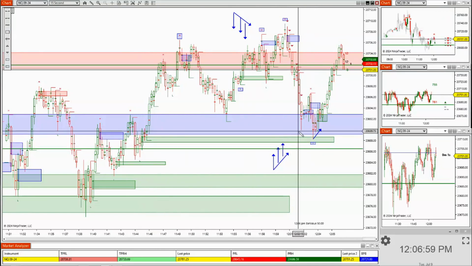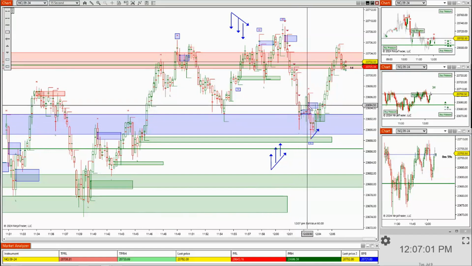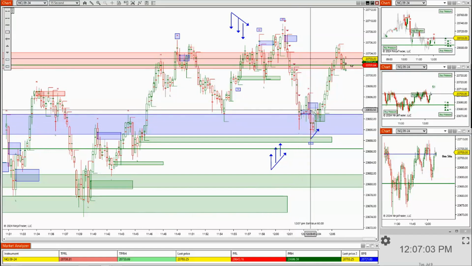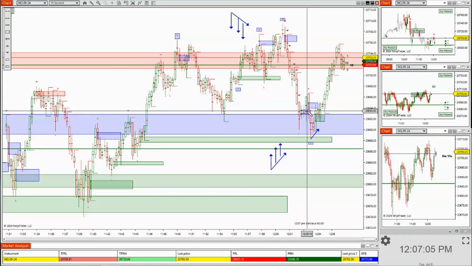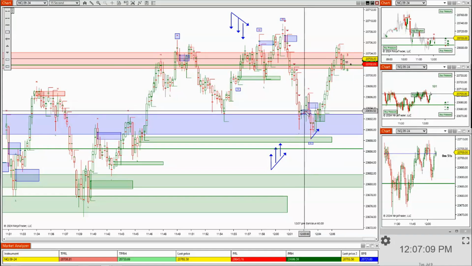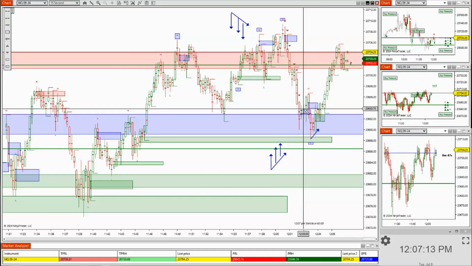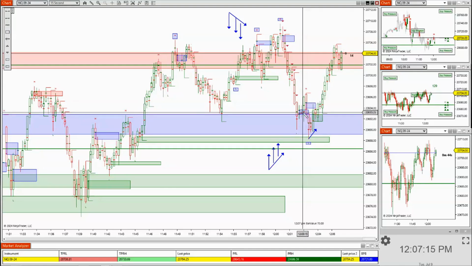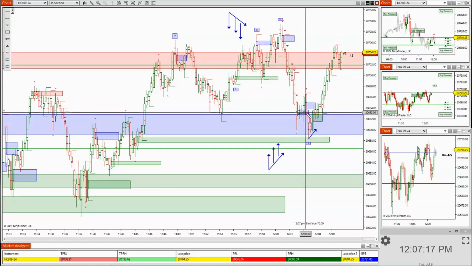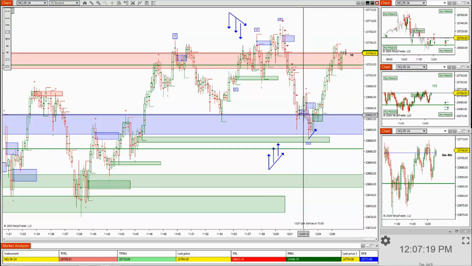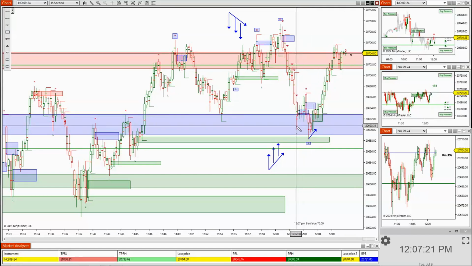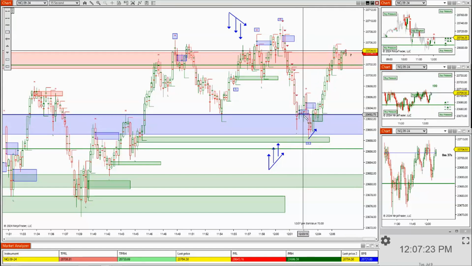Now, this one didn't work. So when they came down, you're supposed to try to grab it in here, for the most part, because I told you most of the time they'll hit it. Most of the time they would hit it. But if not, let's just say you took it once this doji came in. Again, I don't like them, but once that came in, let's say you took it right in this area. If you see this bar close beneath that threshold, cut the trade. Don't have to stop back here. It's just that simple. Get out of the trade.